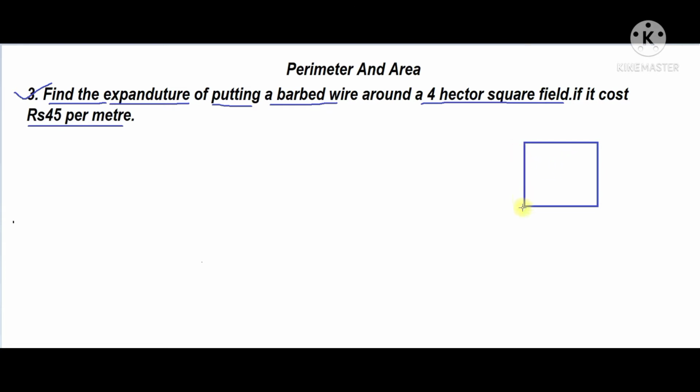So if the per meter cost is 45 rupees, then what will be the total cost of fencing the 4 hectare square field? Here, first we'll find the length of the sides of the 4 hectare square field. Then the cost per meter is 45 rupees. So first we'll write here